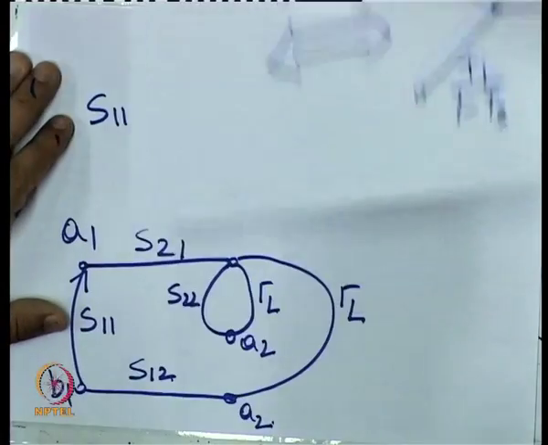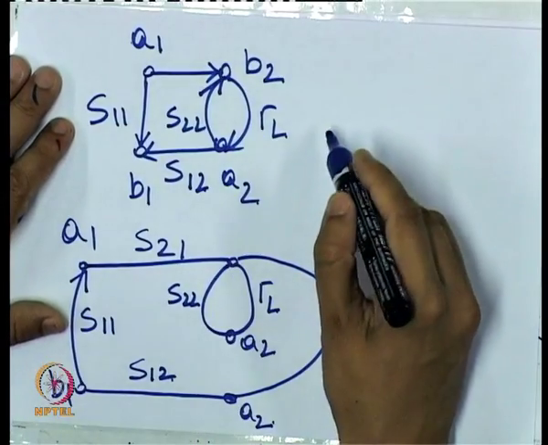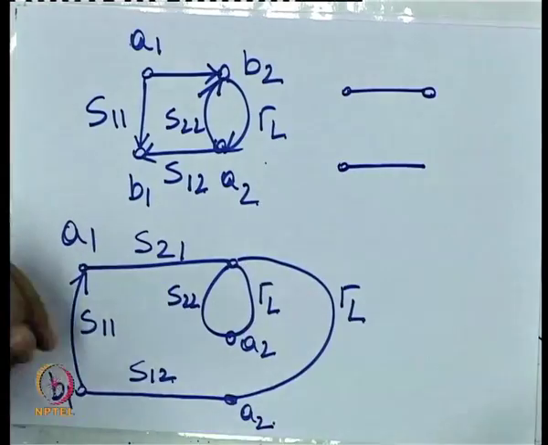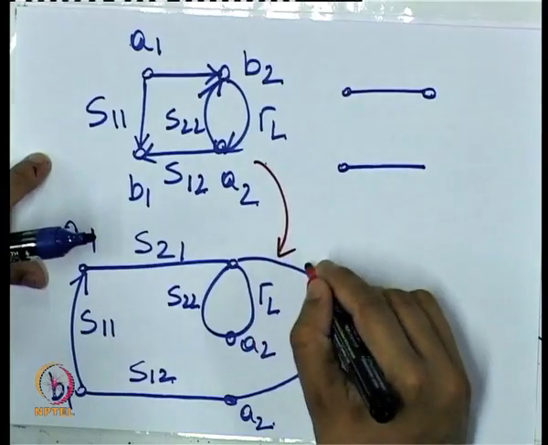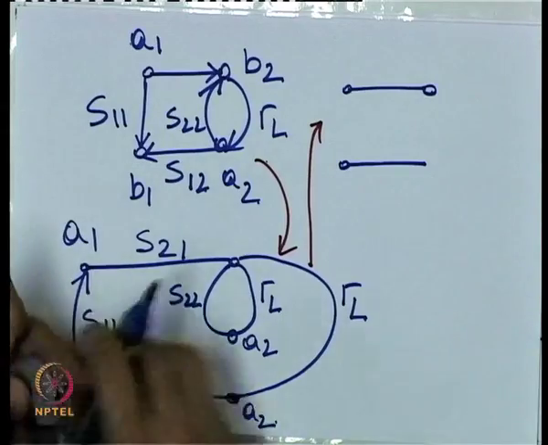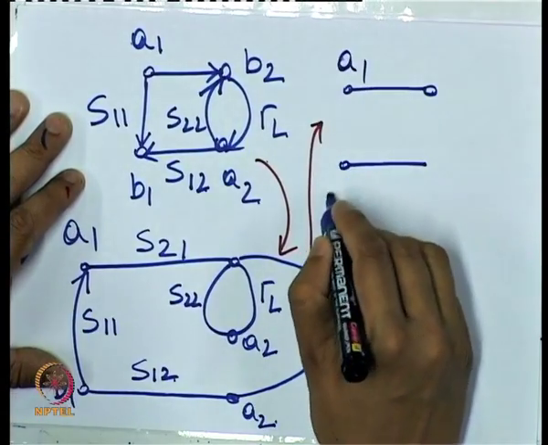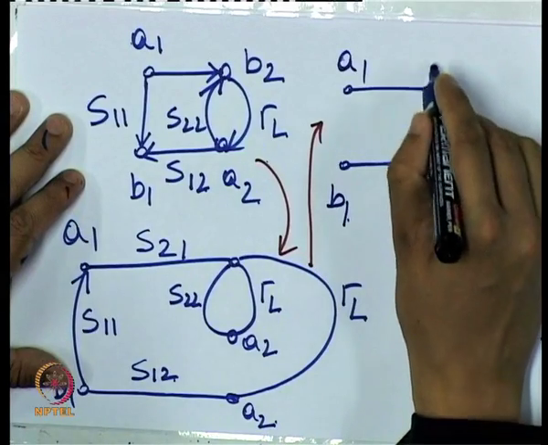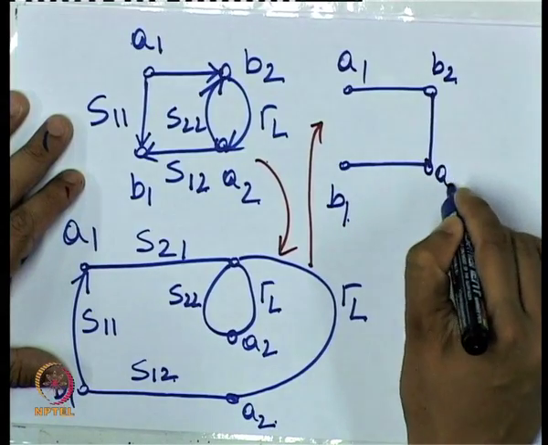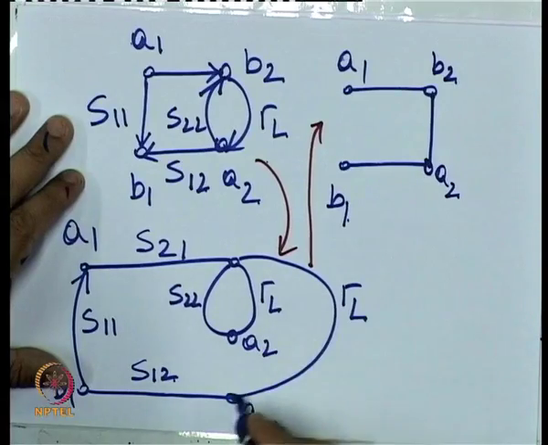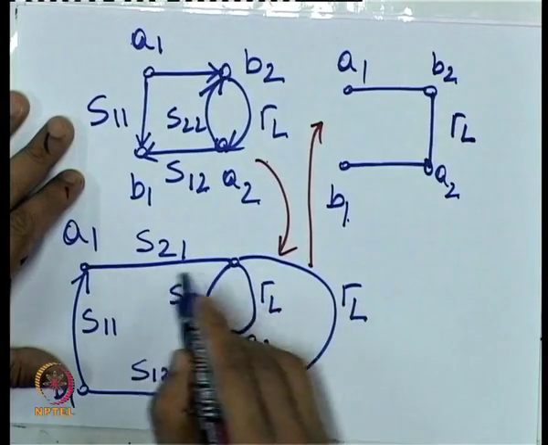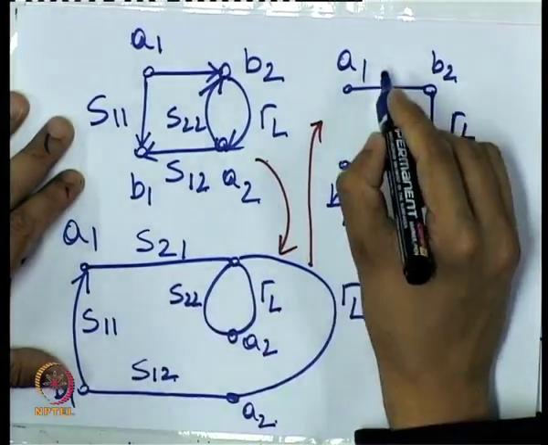So I simply apply this identity, and my signal flow graph now simplifies. So from here I had come to this point, and now I am going to this point. So now only this path remains, gamma L. This loop will be absorbed inside this path with a weightage of